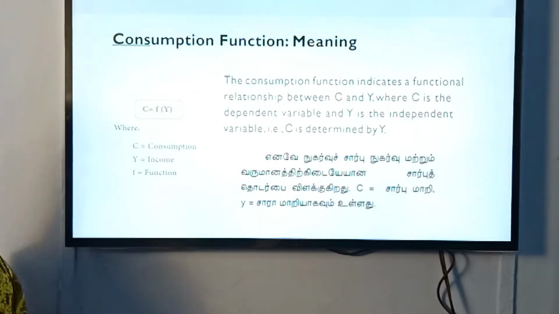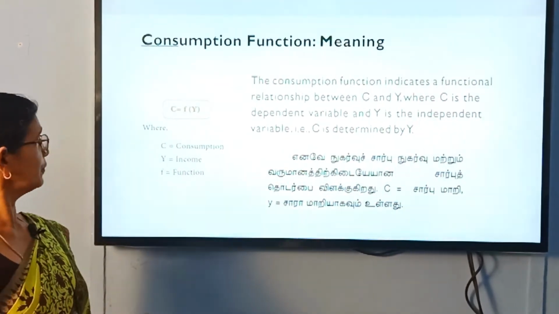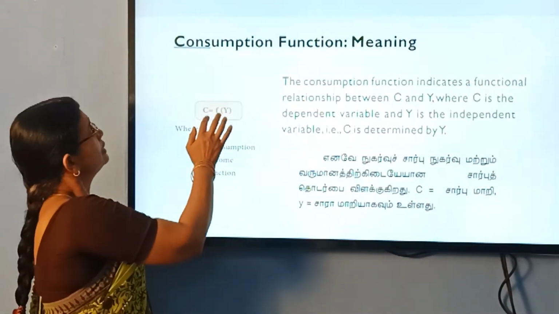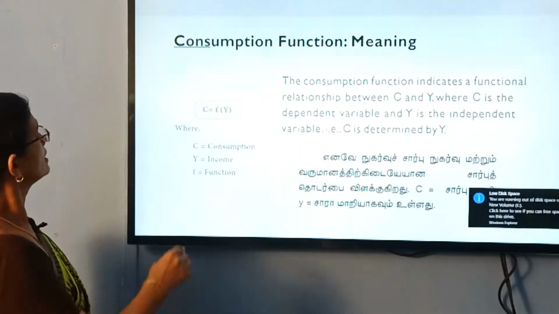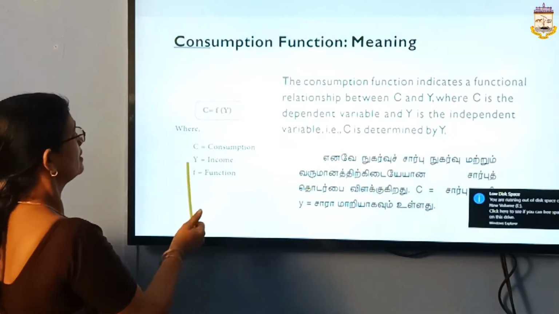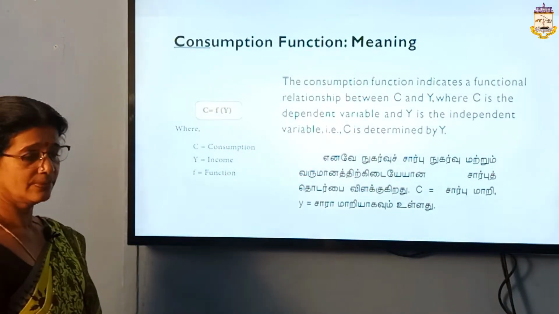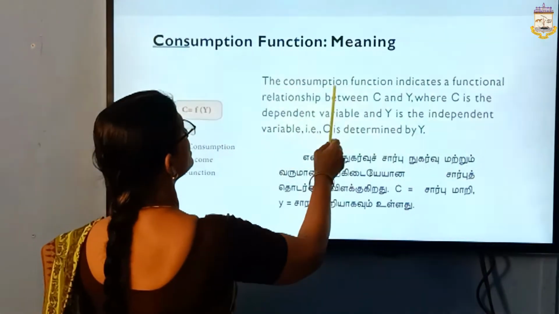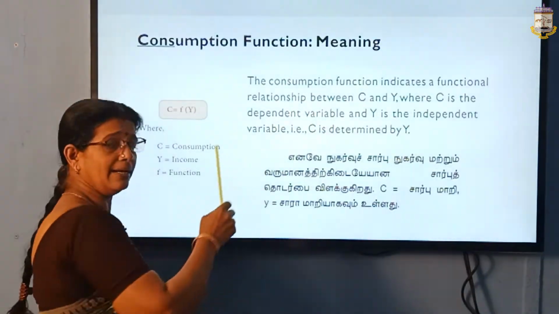So, இந்த சார்பை நாம் ஒரு function, ஒரு equation மூலமாக விளக்க முடியும். C equal to f of y. இது நுகர்வு சார்பு என்கிறது. C equal to f of y, in which C equal to consumption, y equal to income, f equal to function. So, the consumption function indicates a functional relationship between C and y, where C is the